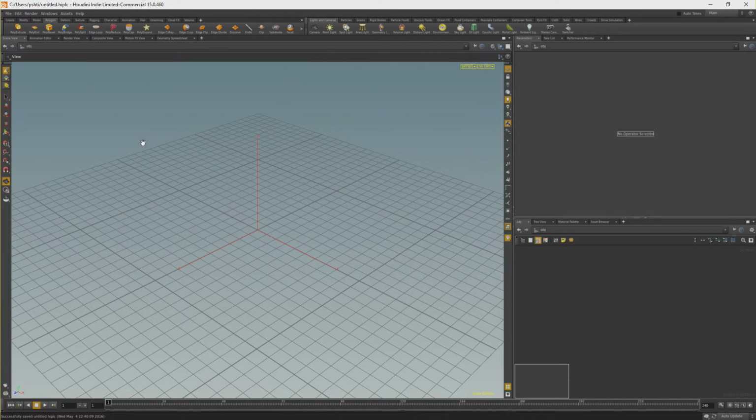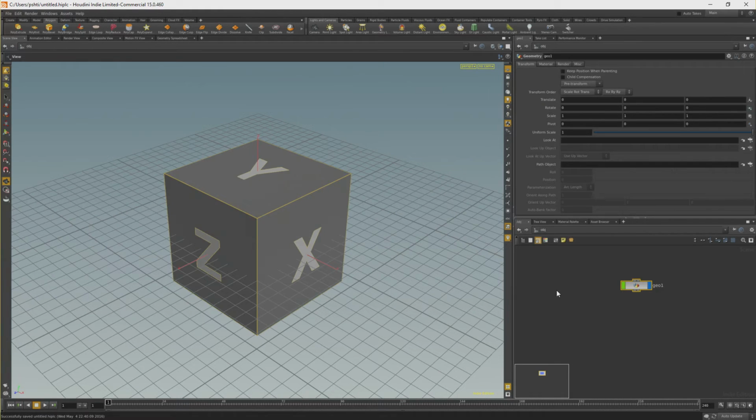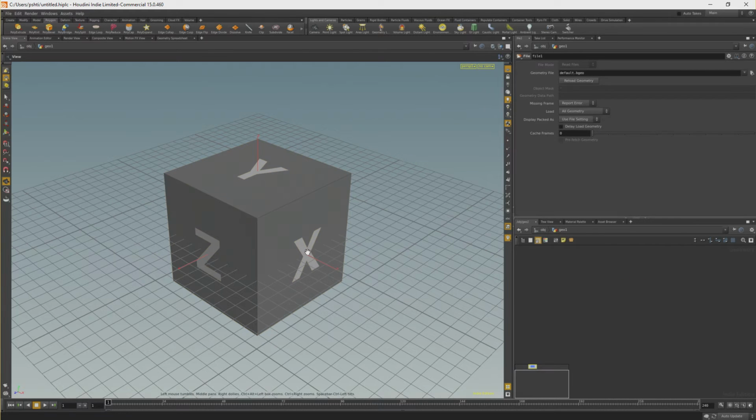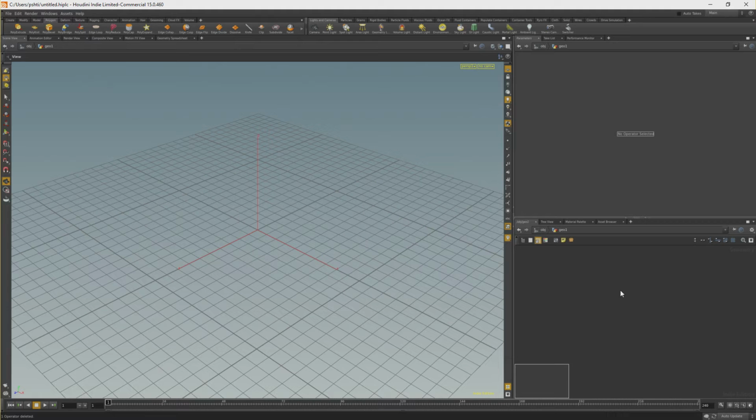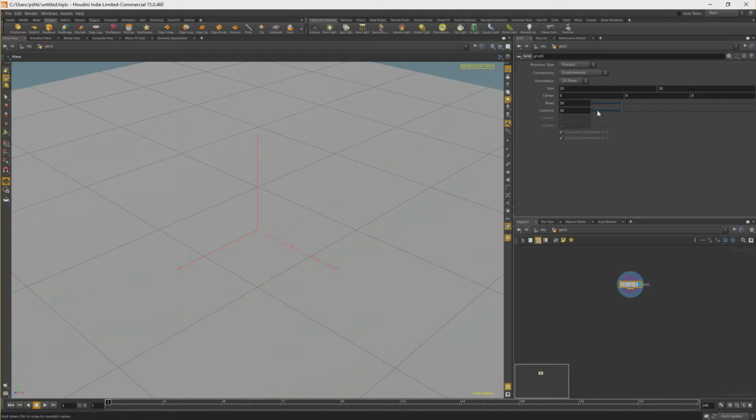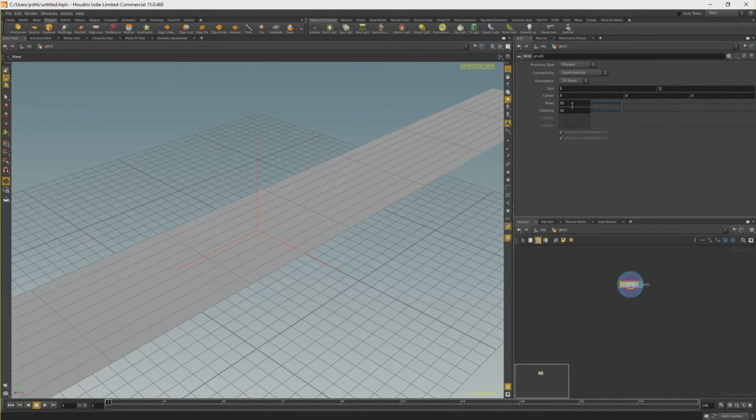So what I'm going to create here is a table, because I think that's a great asset to show off the parameterization and how Houdini works. So I will create a geometry node, and I'll go into the node and delete this, and then I will create a grid for our tabletop, which will be the size 1, 1,